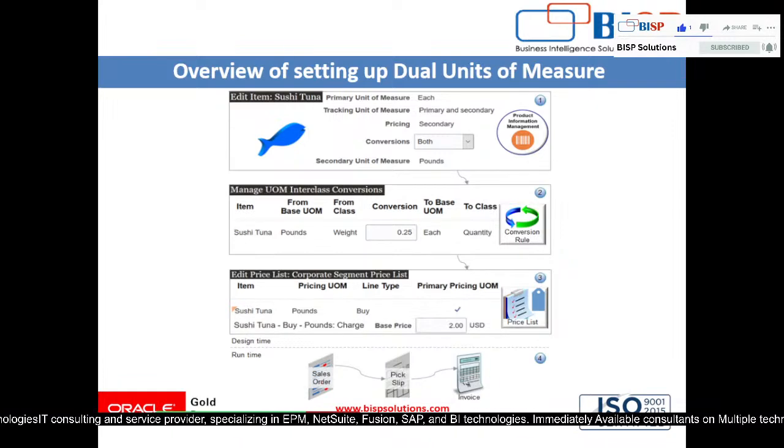At that time, in the pricing list, you have to set our primary unit of measure as a pound, right? And after setting this, whenever you create the sales order in our order management, you can add the item, and after submitting the sales order, the order management request